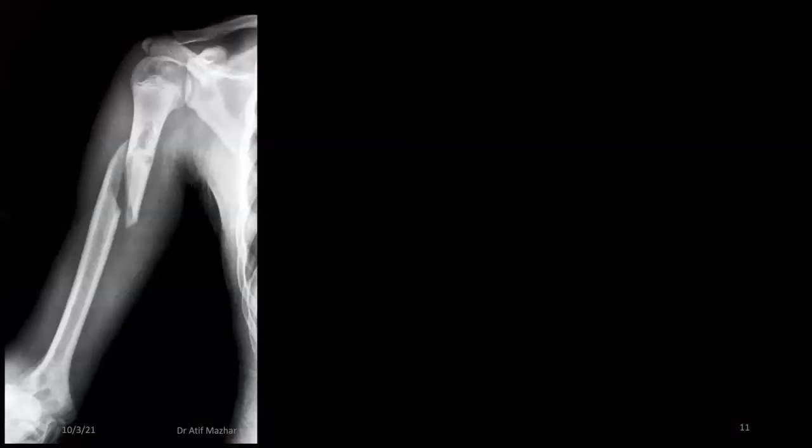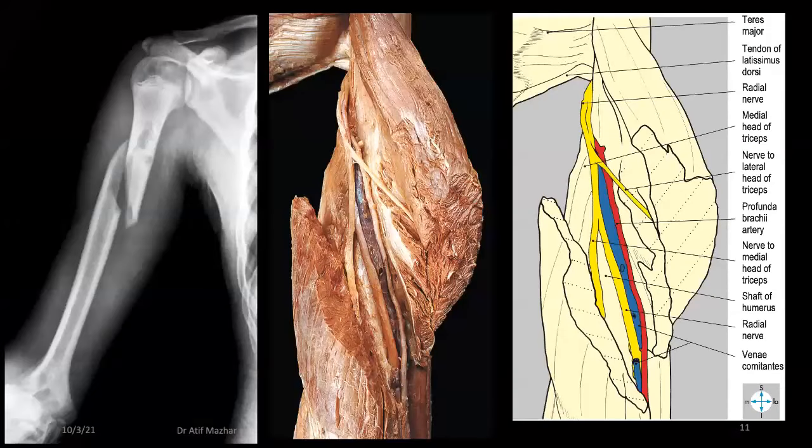Now, this is showing you a fracture of the mid shaft. And what are the associations? Look at it. The close association of my radial nerve, profunda brachii vein and artery. So these are the structures that are susceptible. If the radial nerve is damaged, my patient will not be able to extend. So wrist drop. I can see it very easily. The fracture is here and the patient cannot do it. Oh, your radial is gone. And then I feel for pulses and all that.